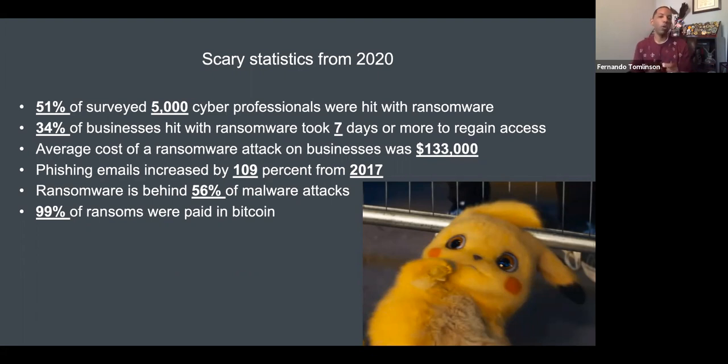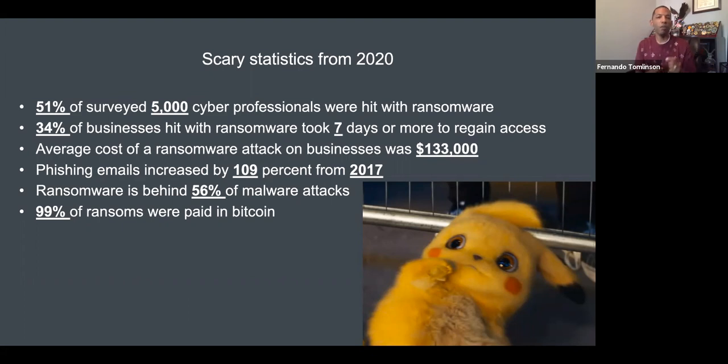Now, depending on what organization you work for, that may or may not hurt. And I shouldn't say it may not hurt, because it's going to hurt in some respect. There are some organizations that don't have that, and it will essentially take them under.